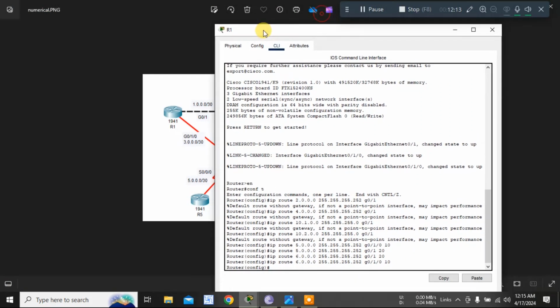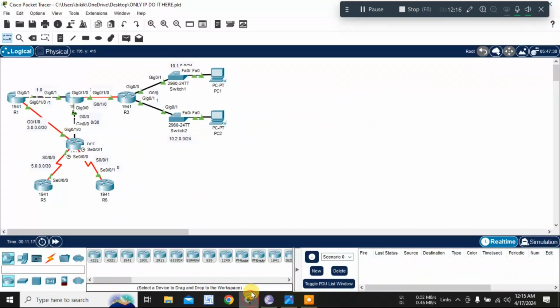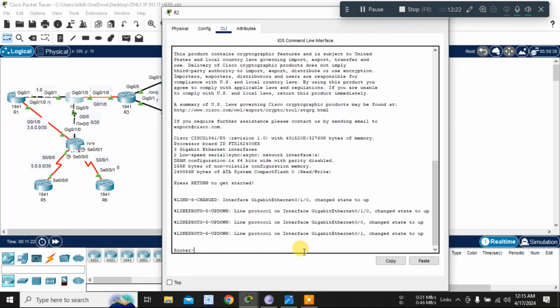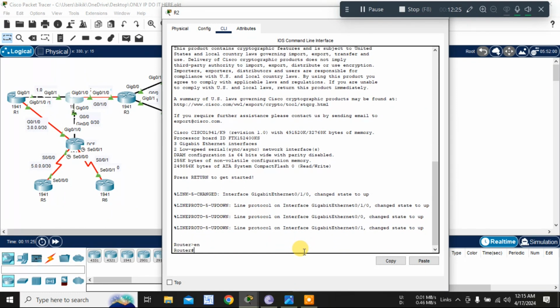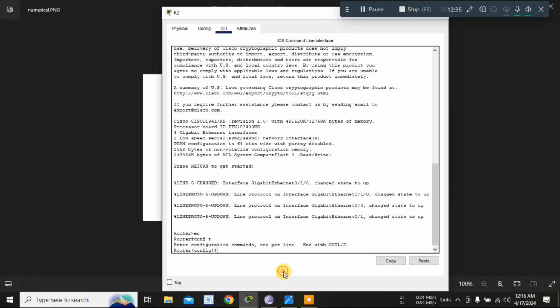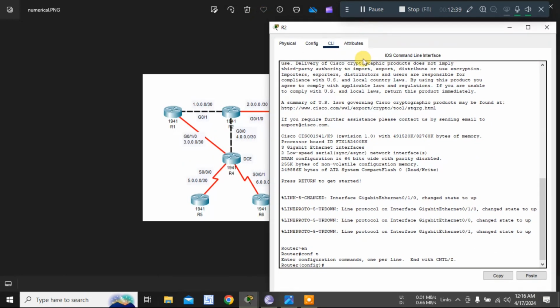Now let me move to router number 2. In router number 2 I will provide enable, then config t, and after that I will do the configuration. Now let me move to the diagram. In this router number 2 I will be providing IP route. This is the command, all will be zeros, 0.0.0.0 and 0.0.0.0, and the route for this router number 2 will be,